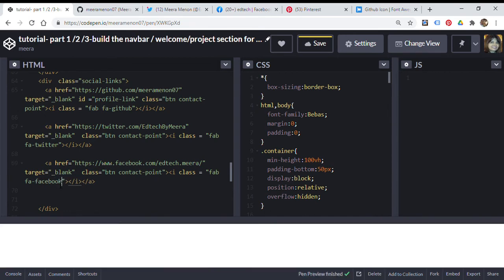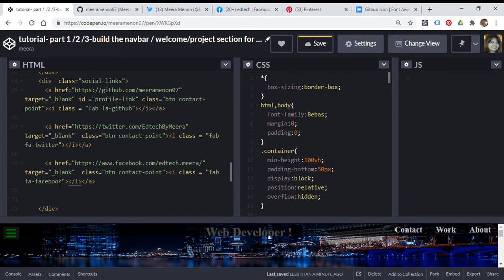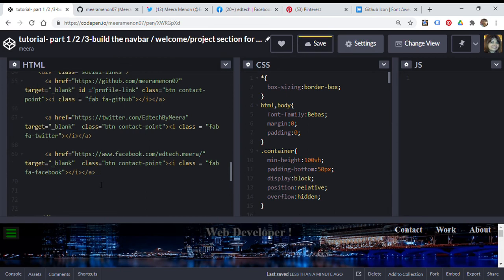Then the last one, I need my Pinterest. If you want, I didn't put in my Instagram. Instead of that, you can put in your Instagram. It's totally up to you which accounts you want to put. Yeah, so then let's save this, and then I go here, I copy this, or rather I copy this again. Okay, Control C,